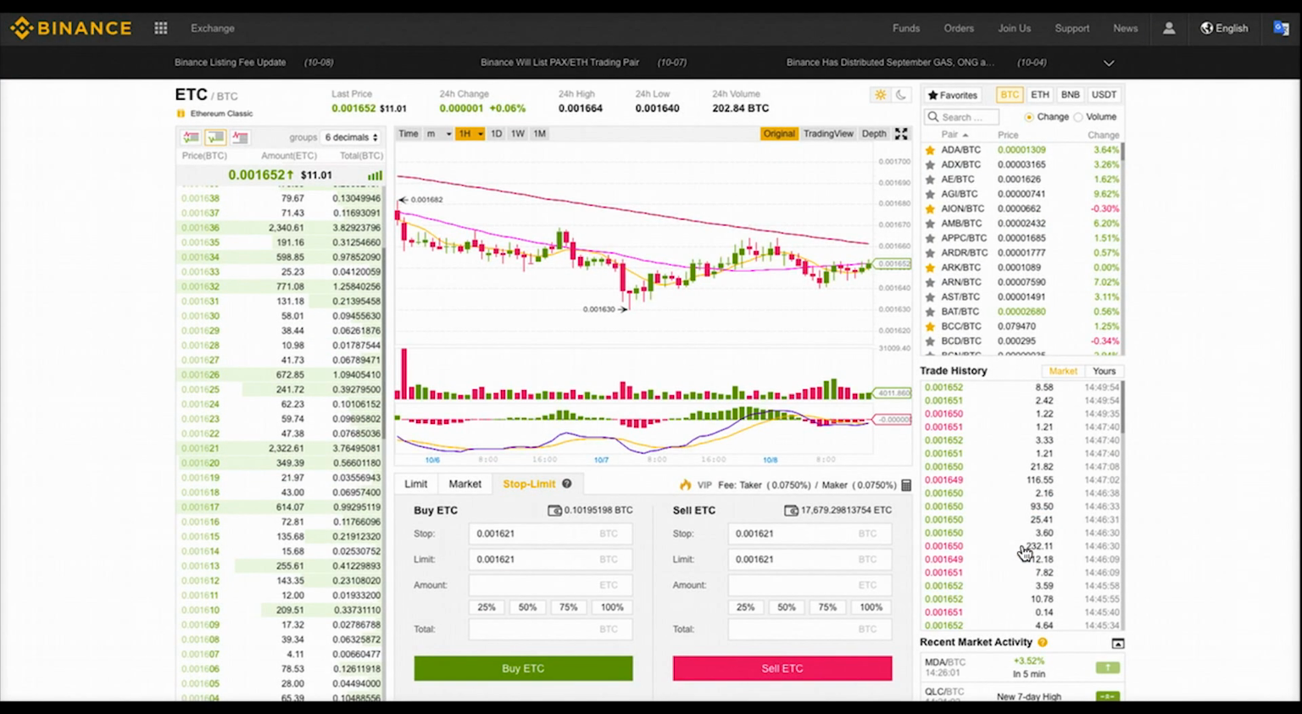You can also use the stop limit sell orders in the opposite direction and have it set up a sell order once it rises to a certain price. You would just set your stop price for a target price that you would like it to reach, and once it reaches that price, you can then set the limit price that you want your sell order to be placed. Set the amount of Ethereum Classic you would like to sell, and of course click the Sell ETC button to